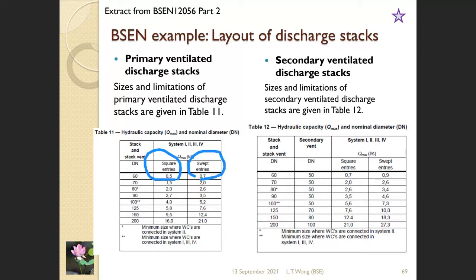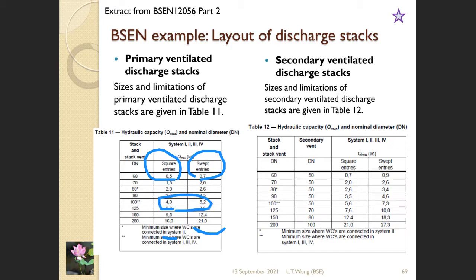entry and sheet entry, which is how the branch pipe gets connected to the stack. It's just having a very smooth flow into it, which generates less pressure. Once it generates less pressure, we can find that the flow capacity is larger, because less air pressure will be generated. Otherwise, the flow rate, the capacity, will be reduced. And this reduced part